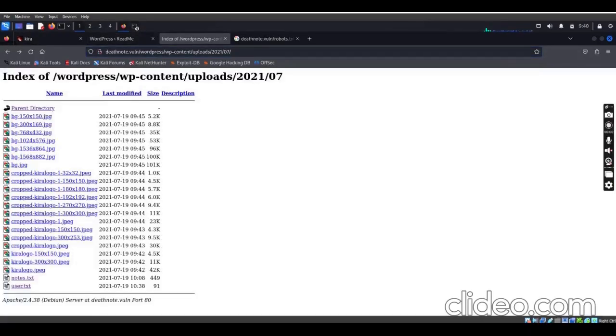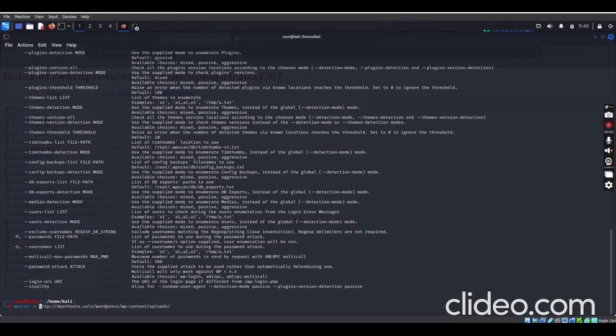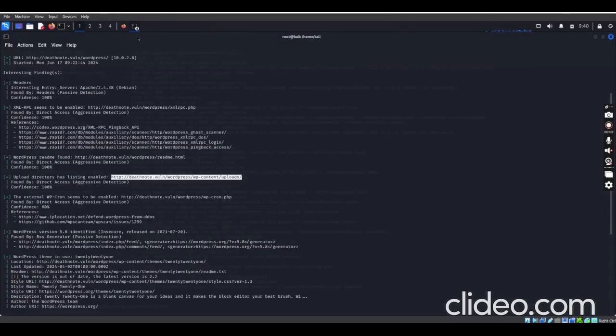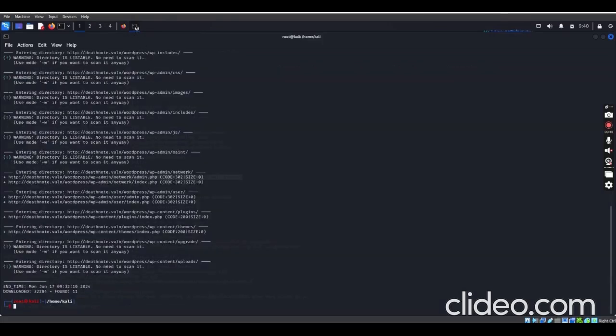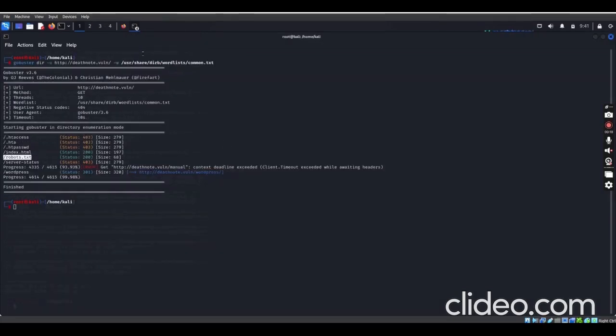Let's check back where we got our status code 200. I don't know why it's redirecting to that place. Status code 200, I don't know. Let's search for it. I think it's this.